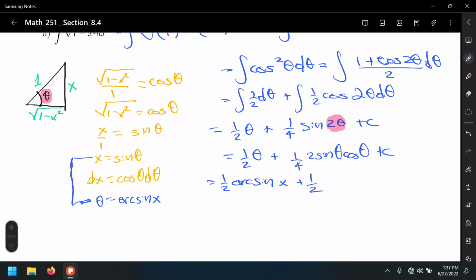And we need to use the information from our triangle to replace sine and cosine respectively. Well, sine, which is opposite over hypotenuse, that means x over 1, and times cosine, which is adjacent over hypotenuse,